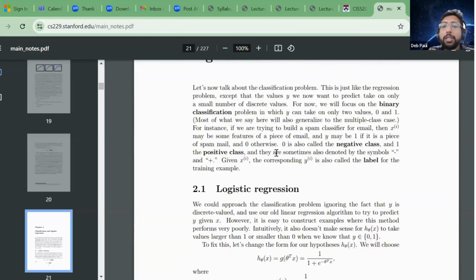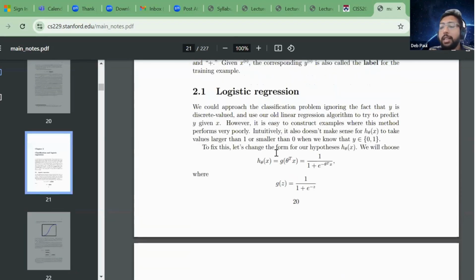Similarly, if I go to logistic regression, as you all know, in the case of linear regression, y is equal to theta transpose x. In the case of logistic regression, y is nothing but 1 by 1 plus the sigmoid of theta transpose x. I'm taking a sigmoid transformation on top of it. That's the difference between linear and logistic regression, because my values have to be between 0 and 1.